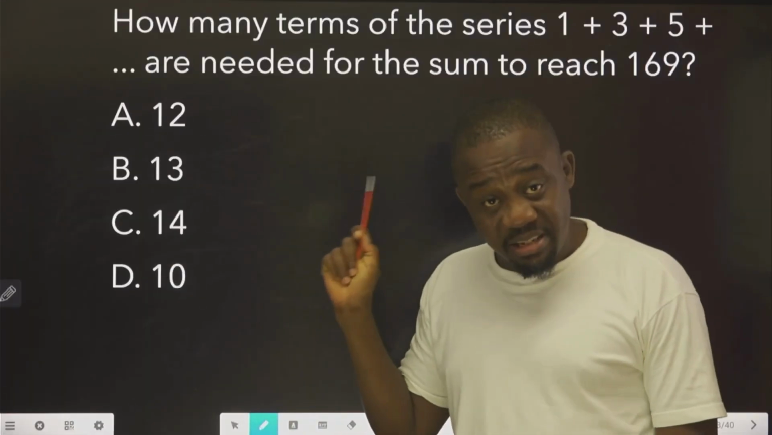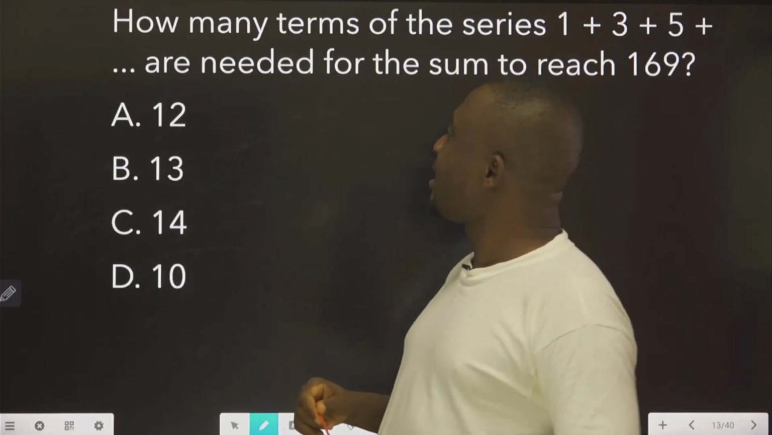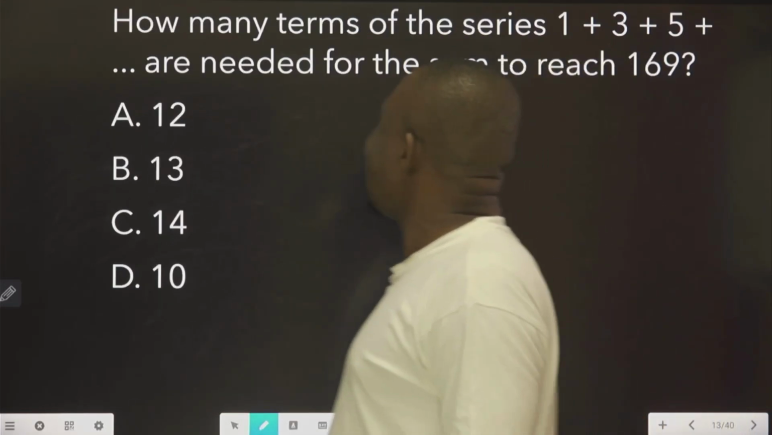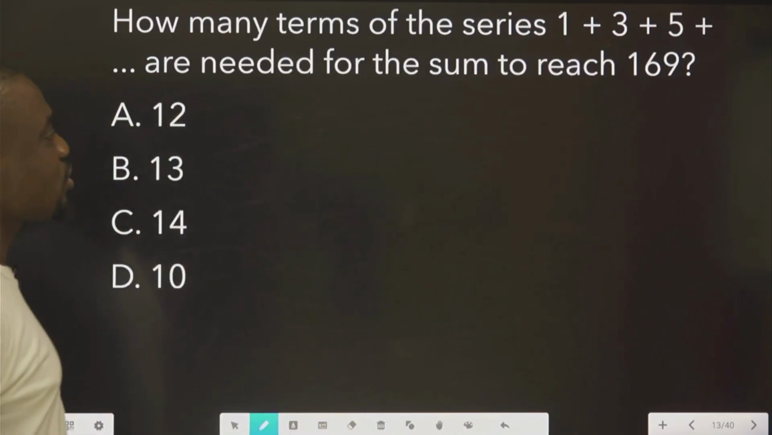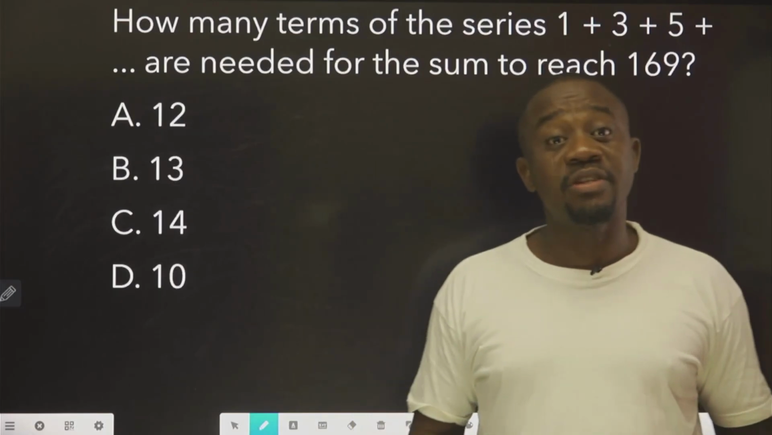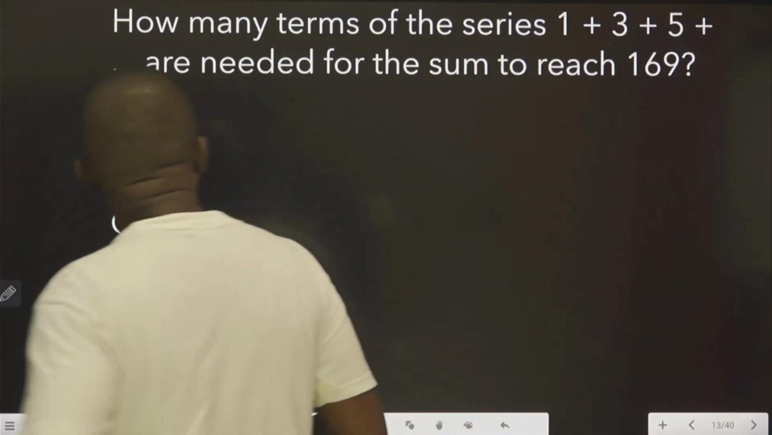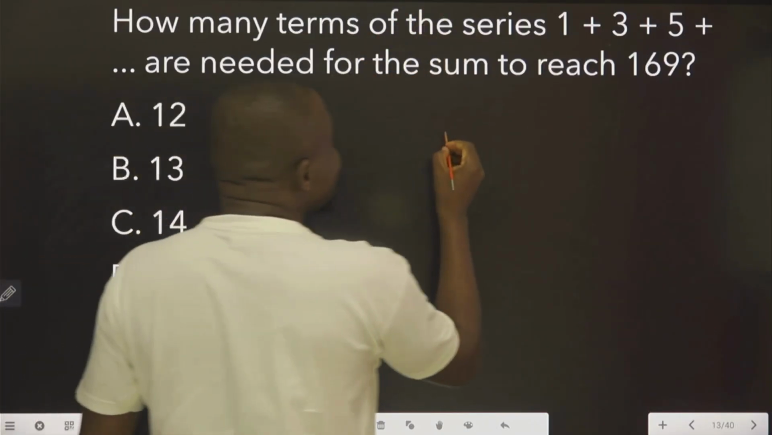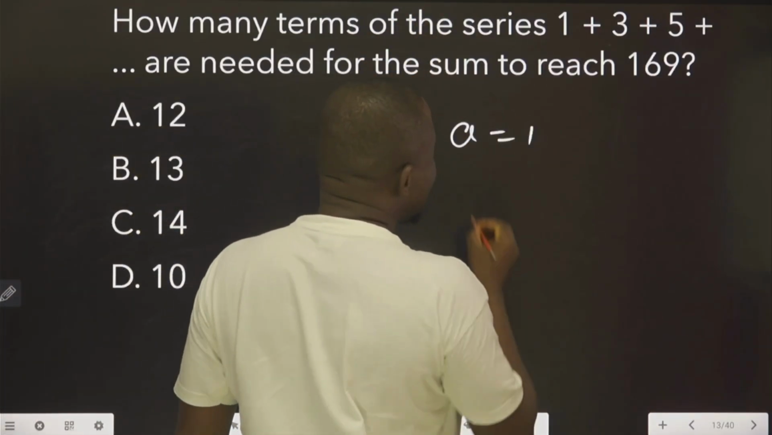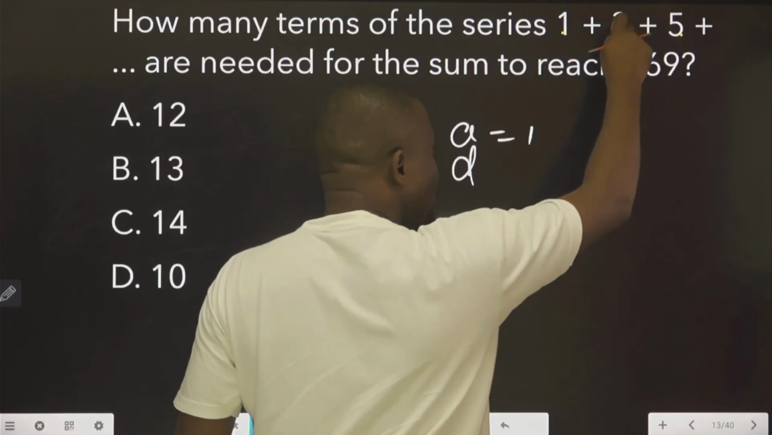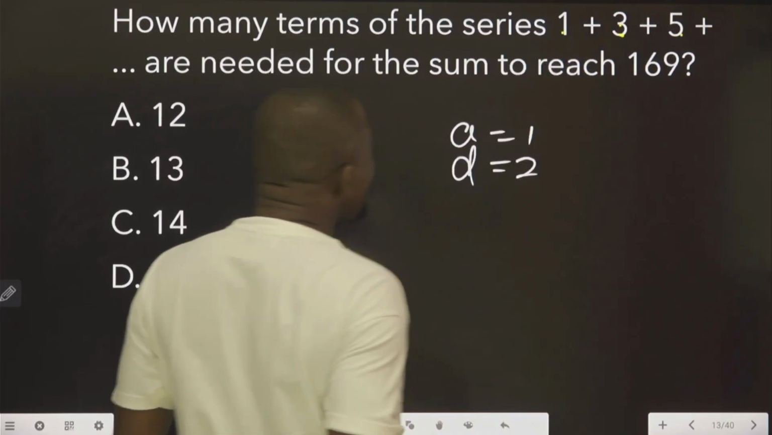Okay? Let's look at this. It says, how many terms of the series are needed for the sum to reach 169? As you can see in this place, you will agree with me that the first term, first of all, is 1. The common difference here is this minus this, which is 2. And you agree with me,